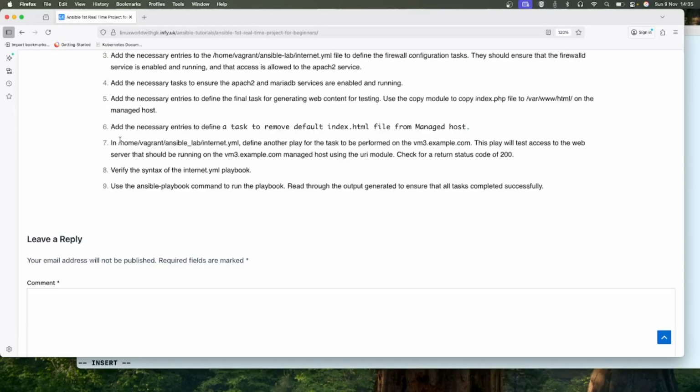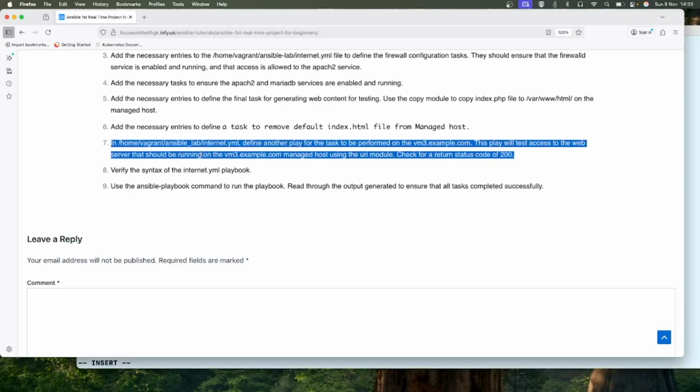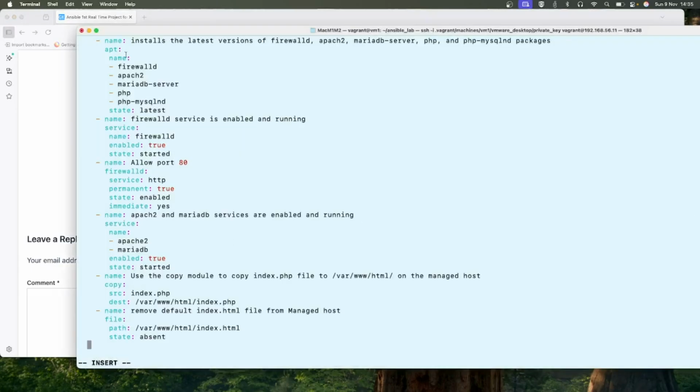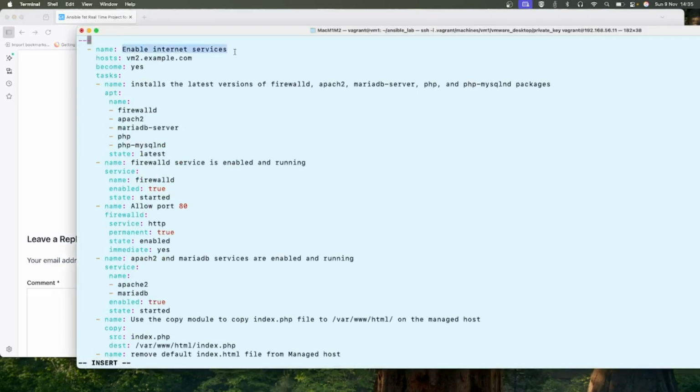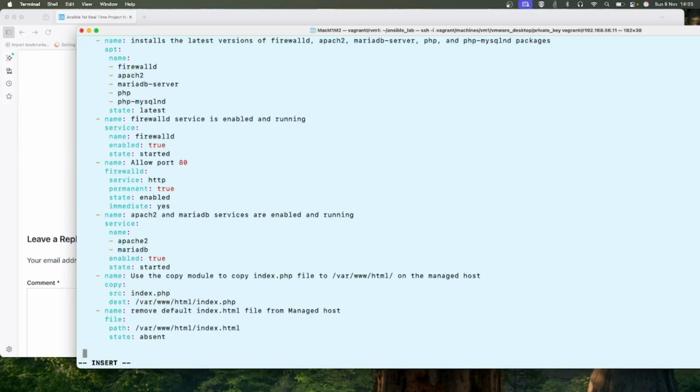So let me read. In this file, define another play for the task to be performed on this node. This play will test access of the web server that should be running on this node VM3 using the URI module, and check for a returned status code of 200. So here we will write another play, because until now all the tasks are under the play enable the internet service. So now I will write another play,